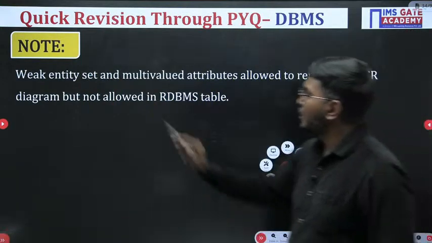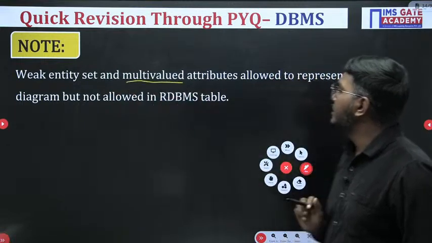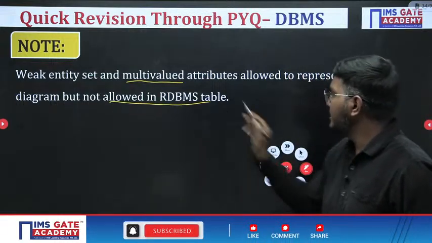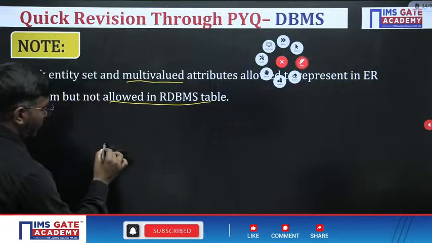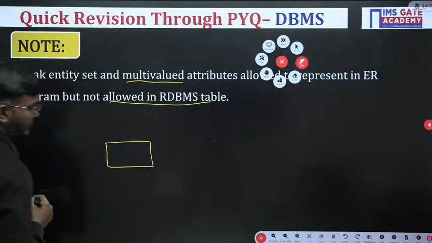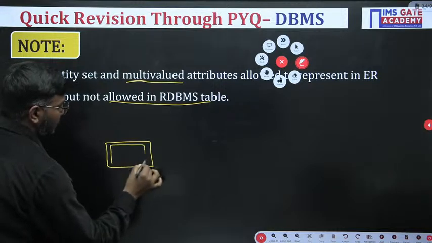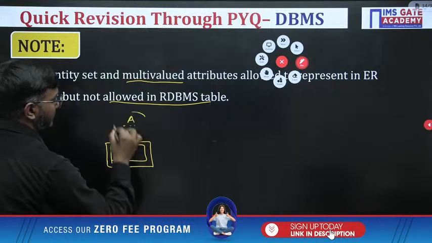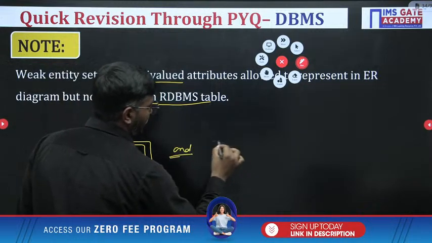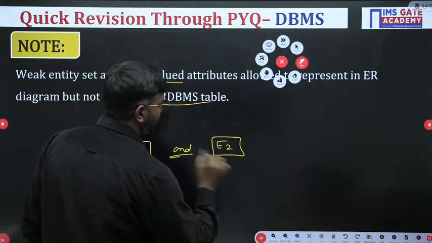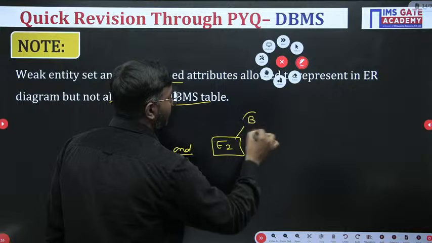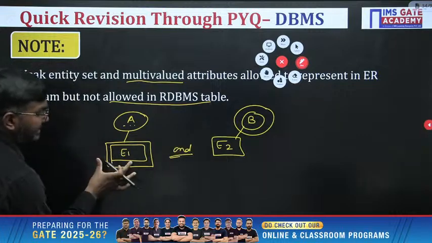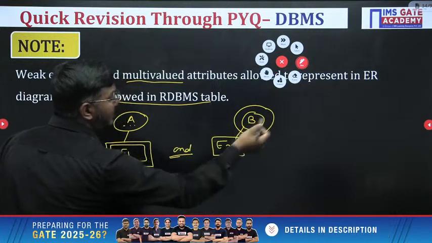Next is a single point here. Again see here. Weak entity sets and multi-valued attributes are allowed to be represented in the ER model, but not allowed in an RDBMS table. So in the ER model, the concept of weak entities has some partial keys, and let's take one more entity set E2 having a multi-valued attribute. It can have multiple values here, a set of values here. See, both the weak entity sets and the multi-valued attributes are only allowed